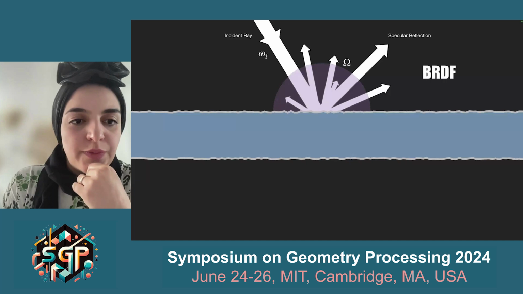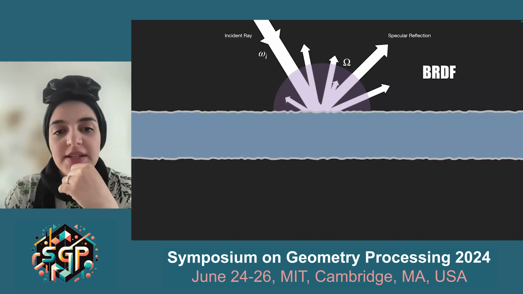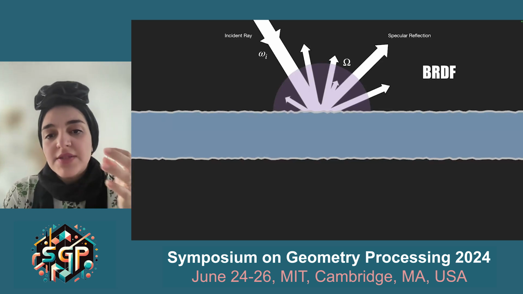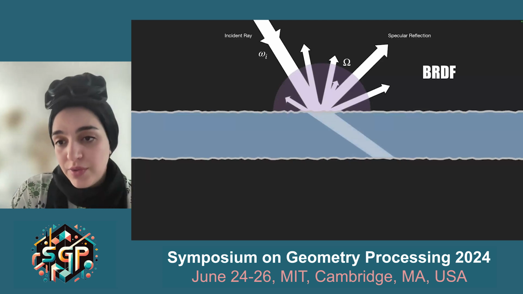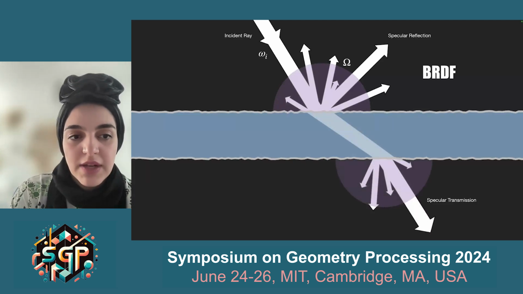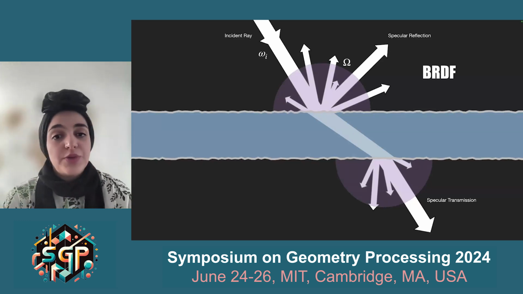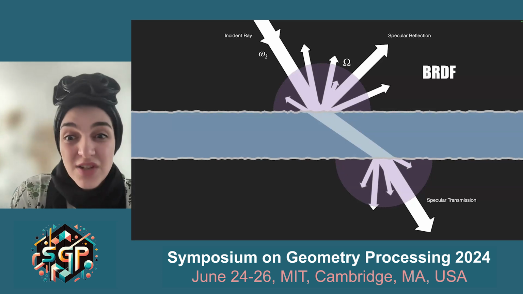And you've probably spotted by now that reflection is only part of the story, because of course some materials allow light to travel through them, and that would be called transmission of light. As light passes through the material, it is probably going to be refracted in accordance with Snell's law,